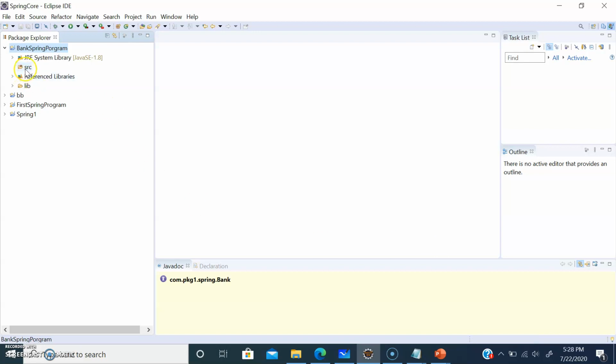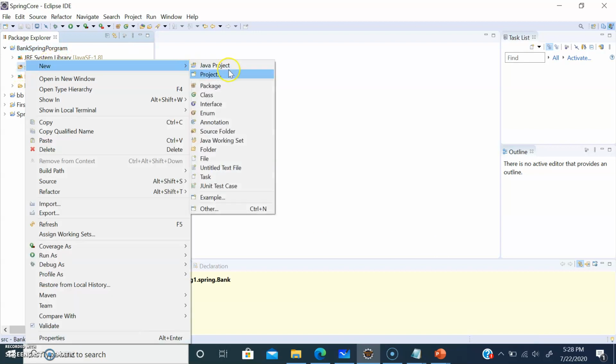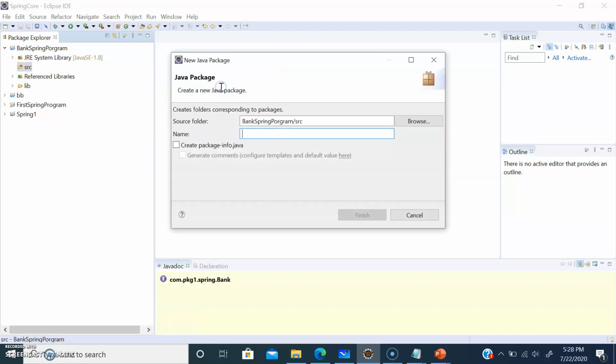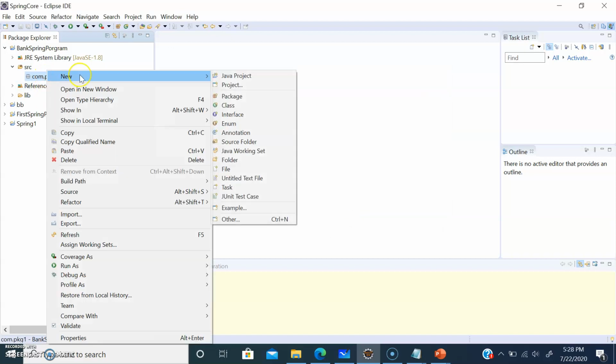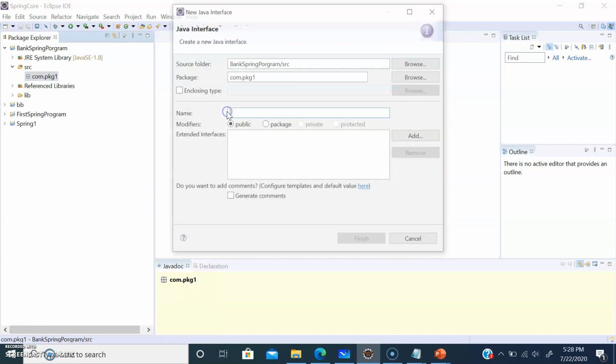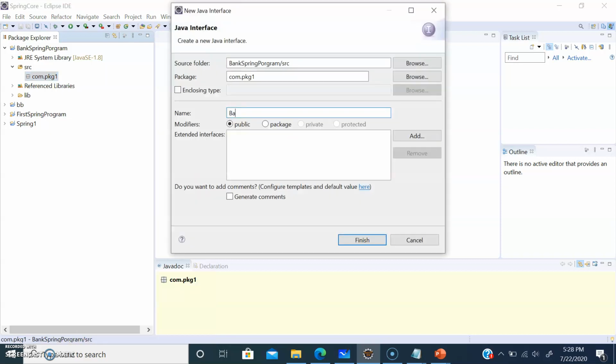So let me create a package over here, com.package1. Let me create an interface first. I'm going to give my interface name as Bank.